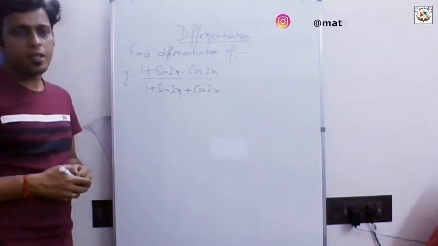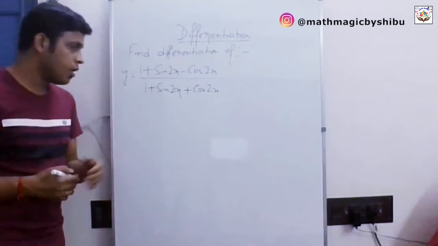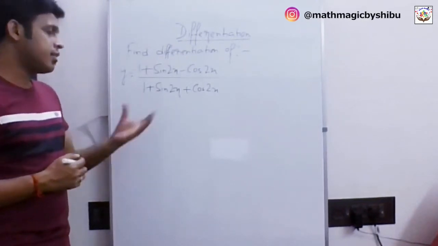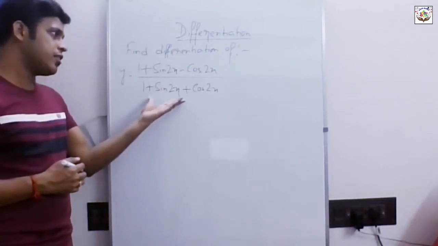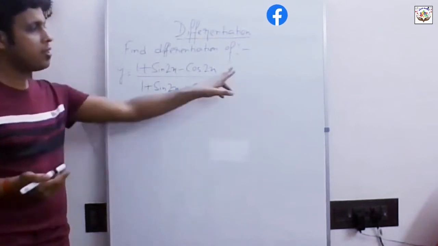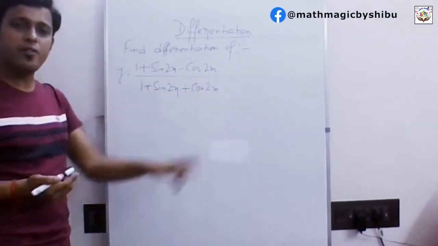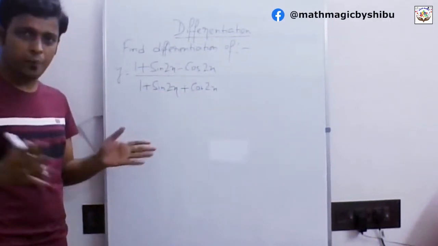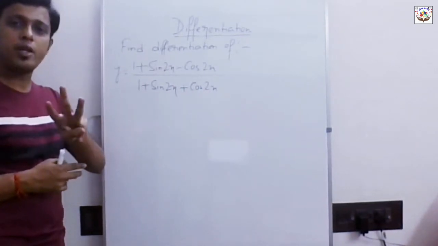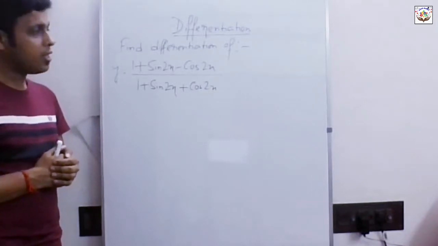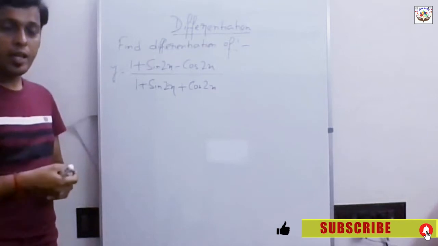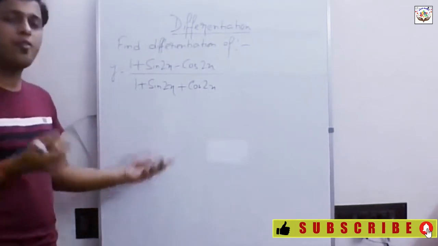Now we will differentiate this function. As you can see, it contains trigonometrical functions. The differentiation of this function can be found by converting it to u by v form, but it will be a much more lengthy problem. Instead, I can make it short, but you have to remember 2 to 3 trigonometrical formulas. Just check whether you know these formulas or not. If you do not know, then write them down. It will help you to solve this problem in fewer steps.